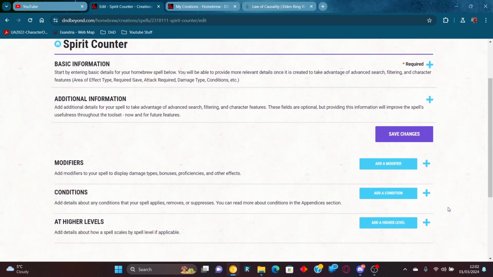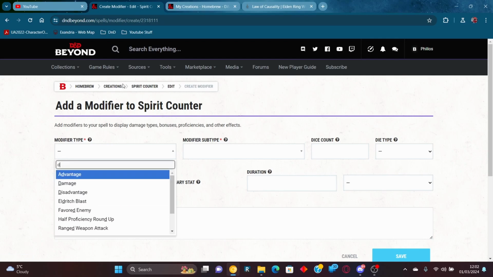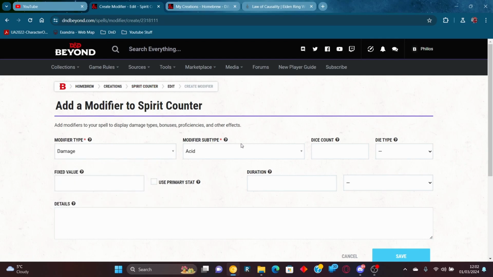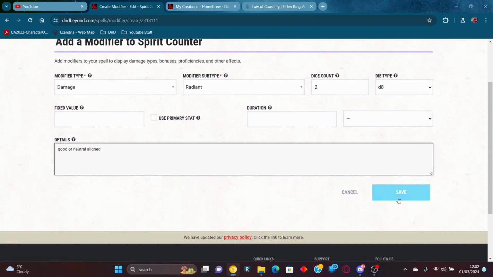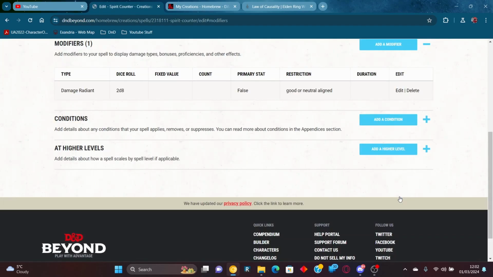Alrighty, so now we go on to the fun bit, which is the modifiers. What we do here, we'll do the first one: damage, radiant, and then dice count, so it's 2d8. Now we want to put in details, good or evil. Nope, good or neutral, rather. Good or neutral aligned. And that way, it will appear when they select the spell in terms of the restrictions